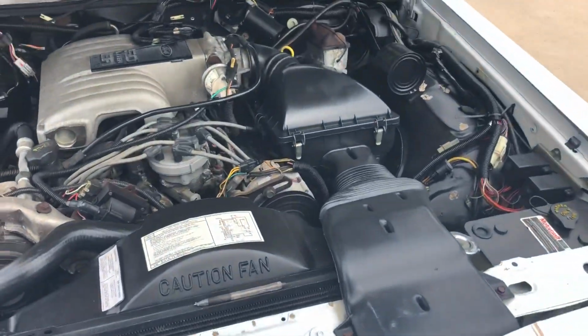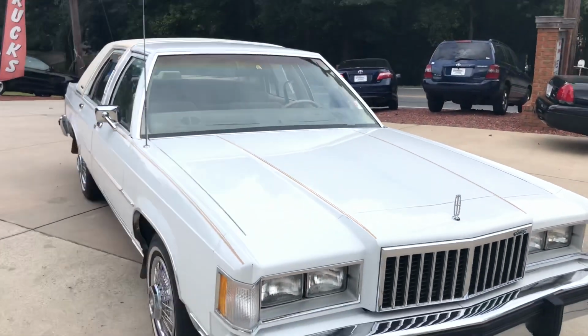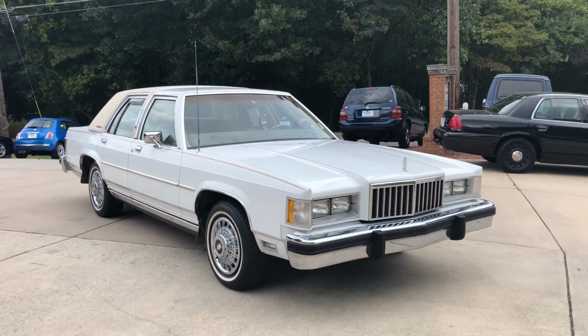Yeah, I speak pretty proudly of the car, for what it is. I don't really see them, so the fact that it runs and drives and does everything it should be doing speaks for itself. If you have any questions, feel free to call me,